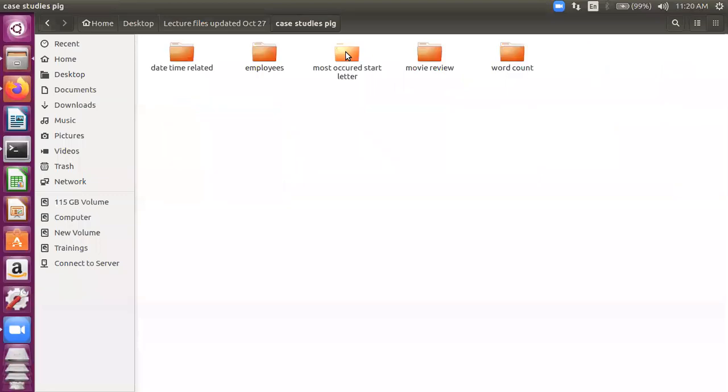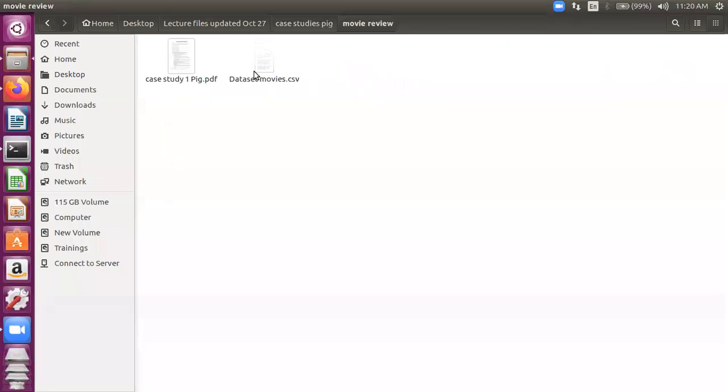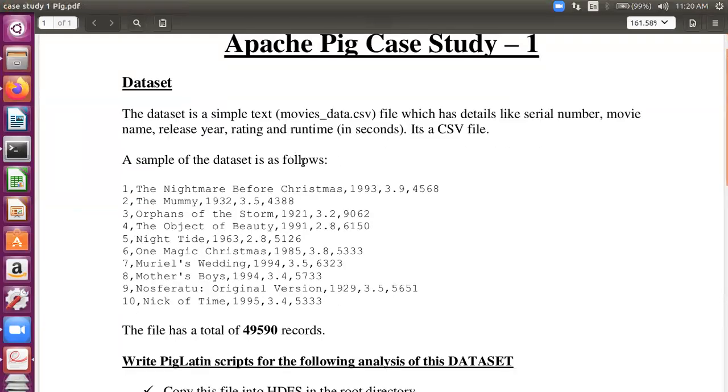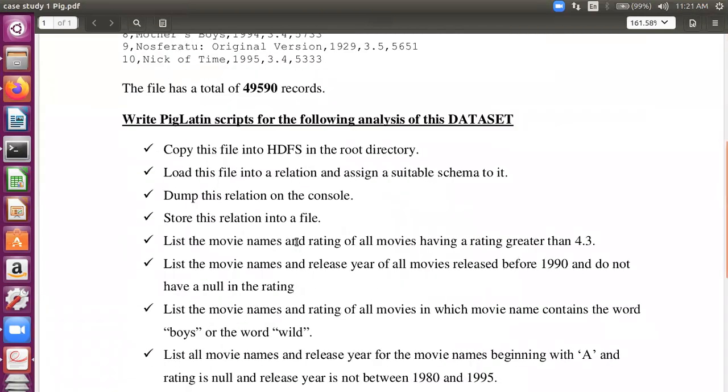So let's have a quick look at the movie review case study. I've already shared this movie review and the department. Today I'll share this also, what you need to do. So this is your movie review case study. There's the serial number, the name of the movie, the year in which the movie was released, its rating out of 5, and its duration in seconds. This was regarding the movies data set. Now you need to write the queries for this. So let's pick up some people who can join me in answering these queries. The first 4 I'll do.